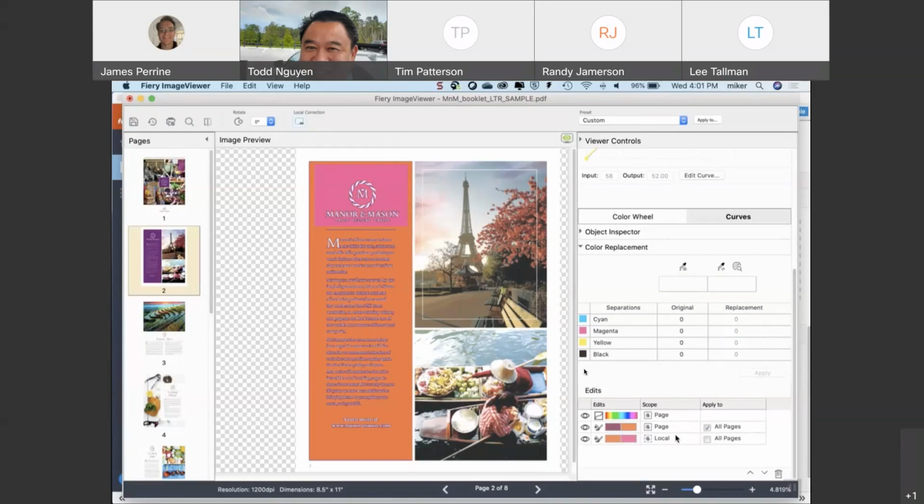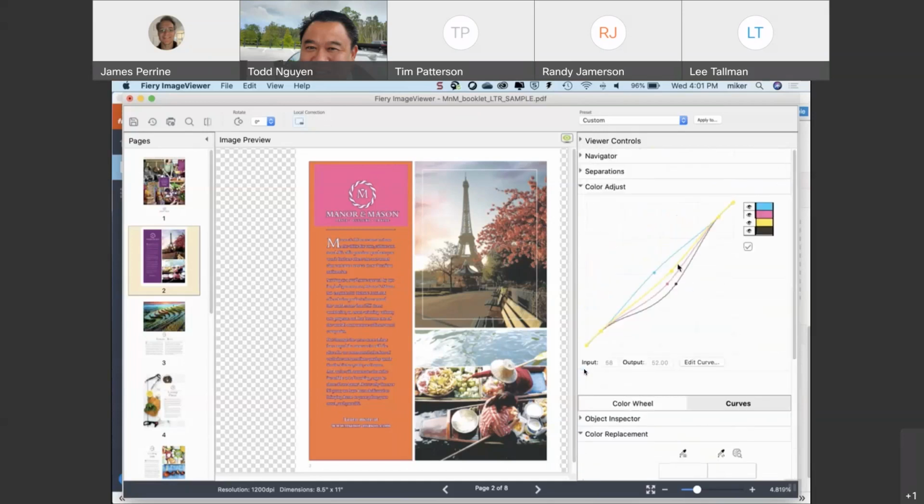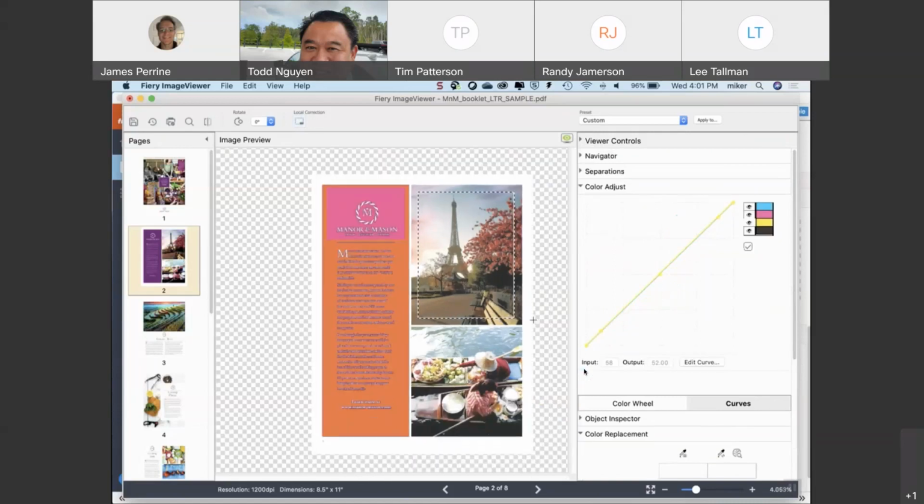Now fourth, for the final color correction, we'll apply local color curve corrections. This behavior is just like all of these original color curves that I did, except we're going to apply it to a defined area of the page. So just like the color replacement feature, I can go out of that mode. Now I'm back in this mode with a color correction. And if I want to select just the inside portion of this particular image, now I can